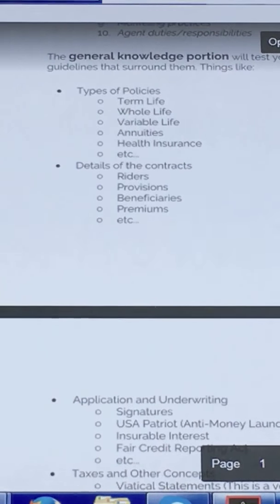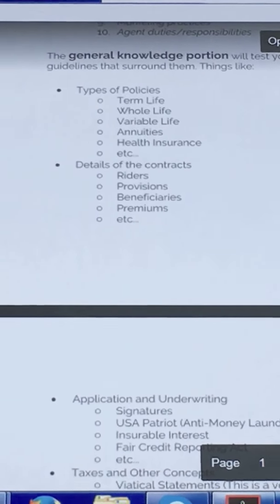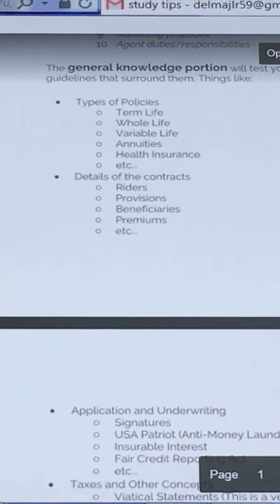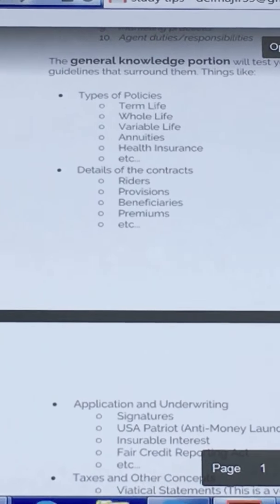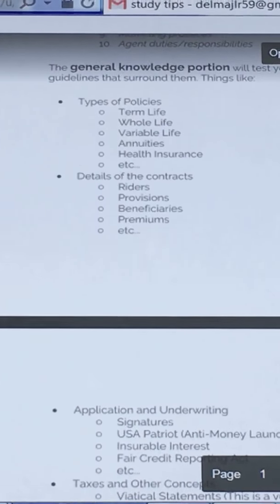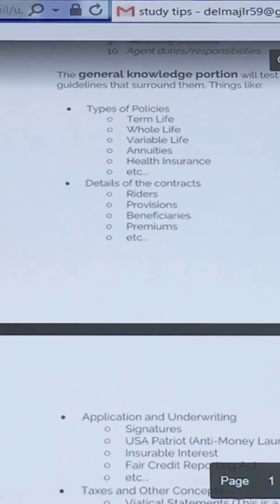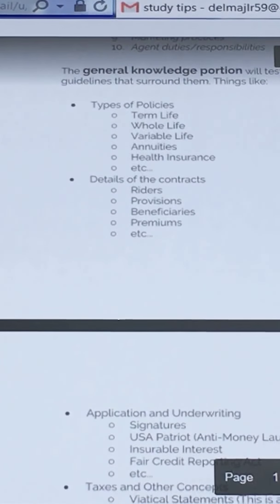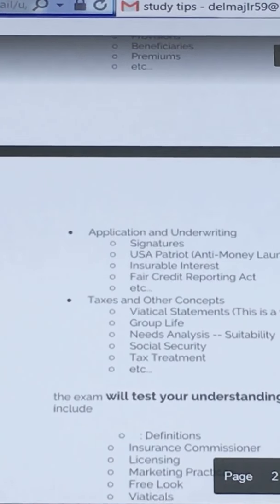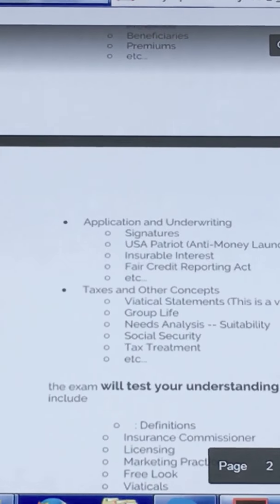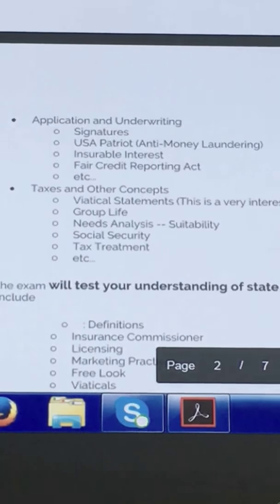That, and also about the agent, what your role is as an agent, what are the laws and the policies and the procedures for agents. Those were the two big glaring questions on the exam for me. And keep in mind, I took it 4 times, and each time, those were definitely on the exam. They do ask a little bit about Social Security. They ask a little bit about tax treatment,